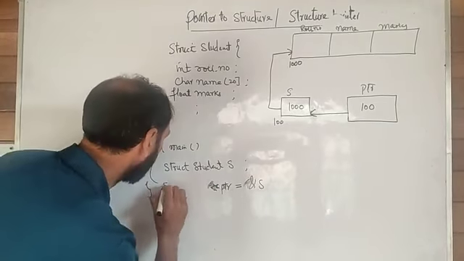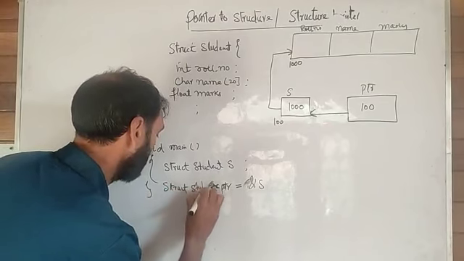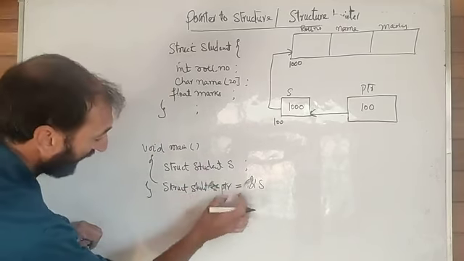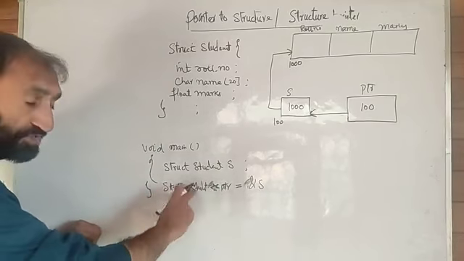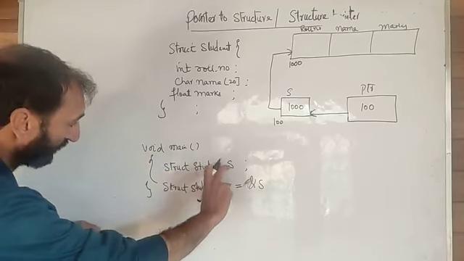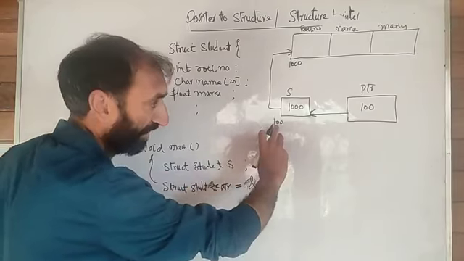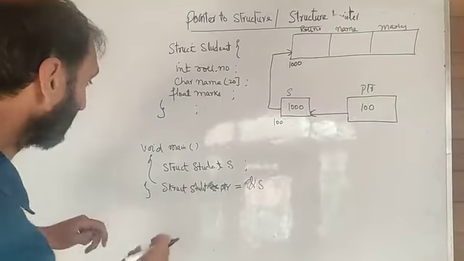Struct student. Struct student pointer ptr. That is, ptr is the pointer that is of type struct student. Struct student, the pointer to S, that contains the address of S. What is the address of S? 100. That is going to be stored in ptr. Okay. For example, here only